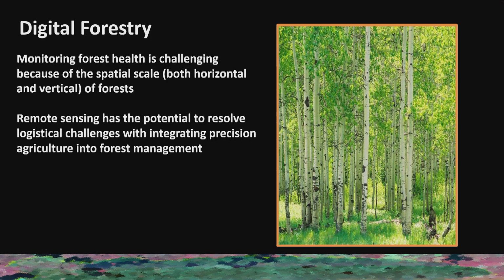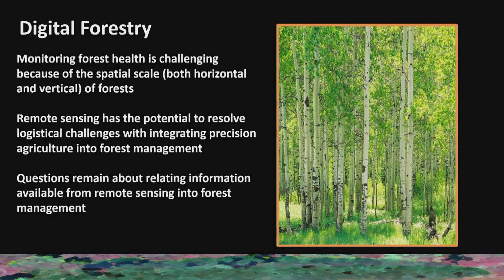And it's not new. Remote sensing has been used in forestry for a long time. When I was at the University of Wisconsin, Ken Raffa would tell me his first job was monitoring spongy moth defoliation using aerial imagery. So this isn't a new idea, but the applications that we have and the data that we're able to collect have advanced in that sense. There still are some questions about how do we completely integrate precision agricultural approaches into forest systems to, in this particular use case, understand forest health.